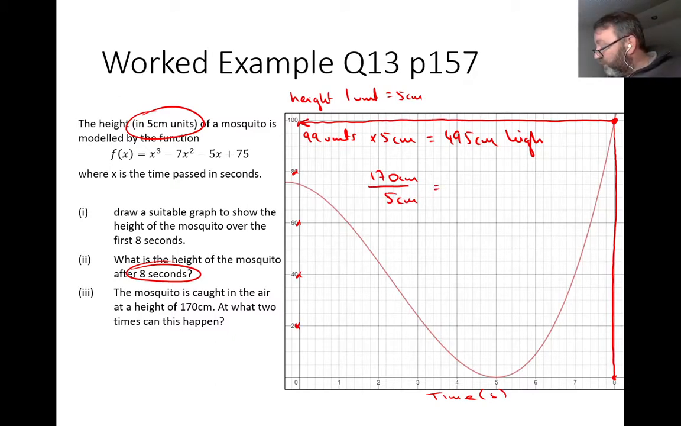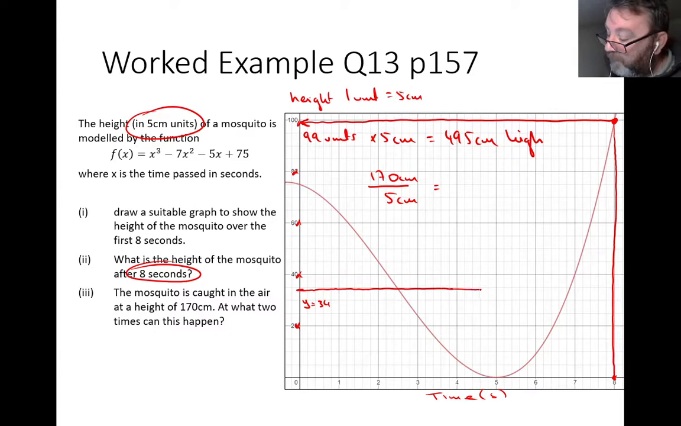So 170 divided by 5 is 34. Now, where's 34? Well, there's 30. There's 35. So it's roughly there. And again, there's y equals 34. So here's what I do. I run across